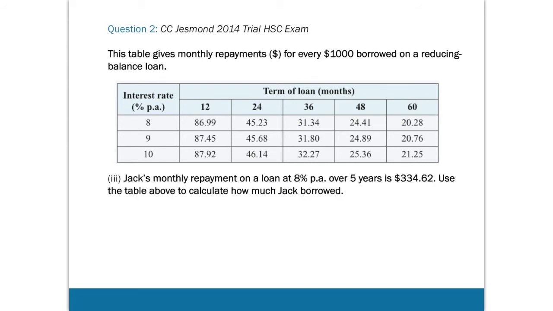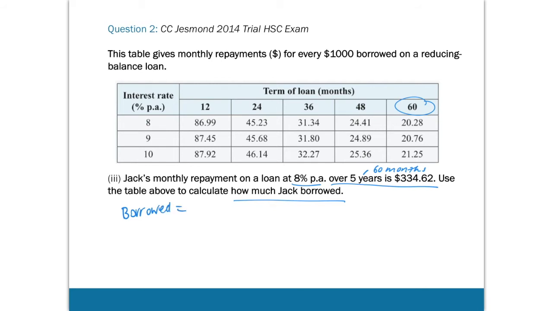Jack's monthly repayment on a loan at 8% per annum over 5 years is $334.62. Use the table to calculate how much Jack borrowed. Okay, so we have to work backwards basically. 5 years is 60 months, so that's going to be our period. In this case, we're trying to work out the principal. So how much he borrowed